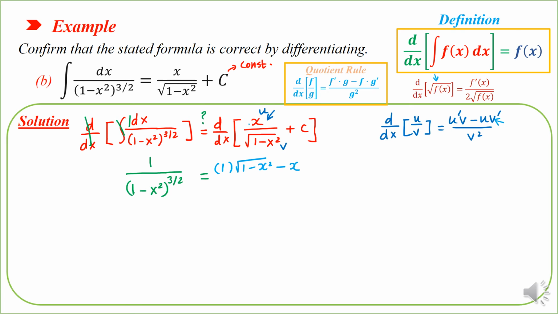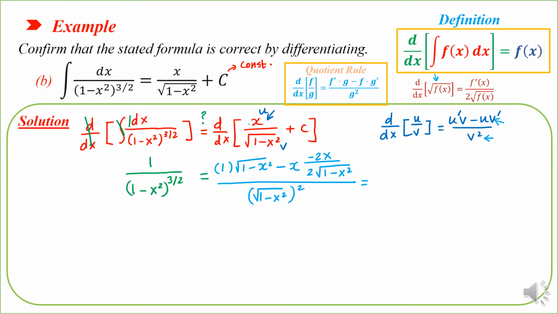So we have negative 2x divided by 2 multiplied by the same square root. This divided by v squared, the function in the denominator squared, which is square root of 1 minus x squared all squared. Now you have to simplify